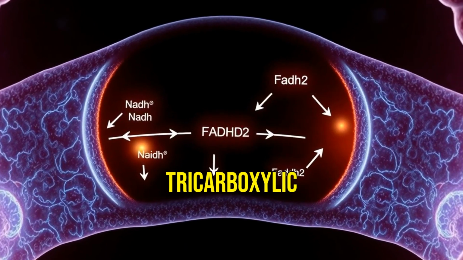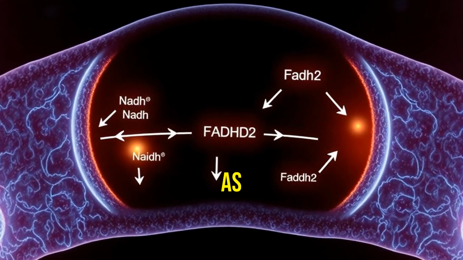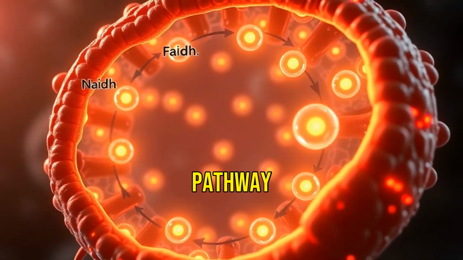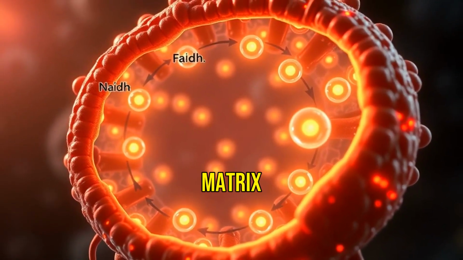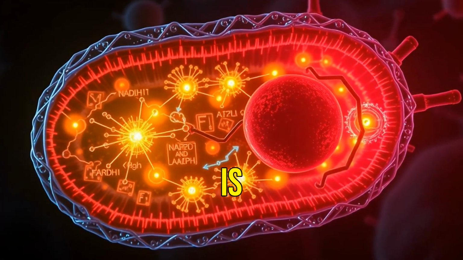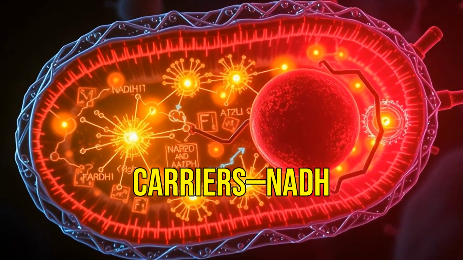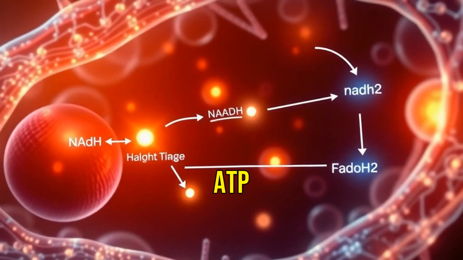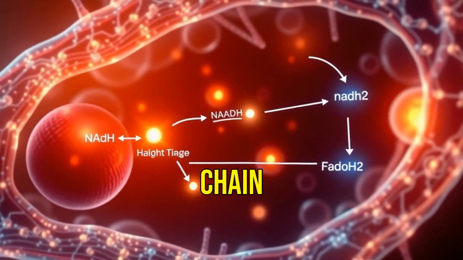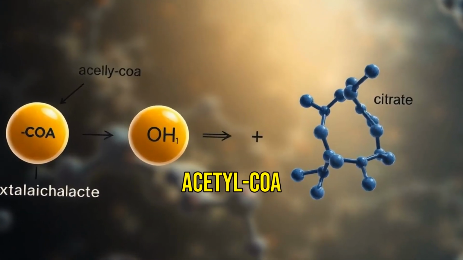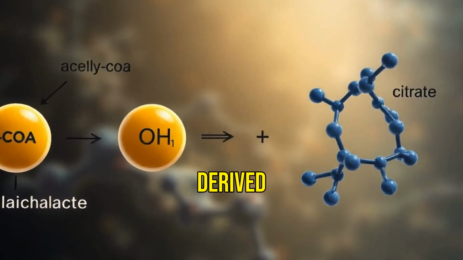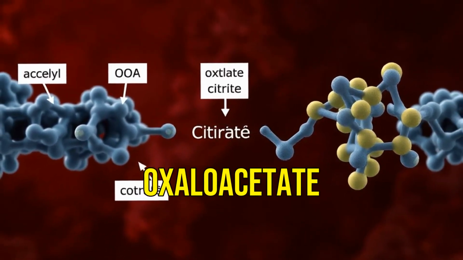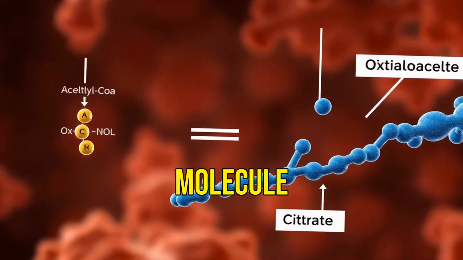The Tricarboxylic Acid Cycle, also known as the Krebs or Citric Acid Cycle, is a central metabolic pathway that occurs in the mitochondrial matrix. Its primary function is to generate high-energy electron carriers, NADH and FADH2, that fuel ATP production in the electron transport chain. It begins when acetyl-CoA, a 2-carbon molecule derived from carbohydrates, fats, or proteins, combines with oxaloacetate, a 4-carbon molecule, to